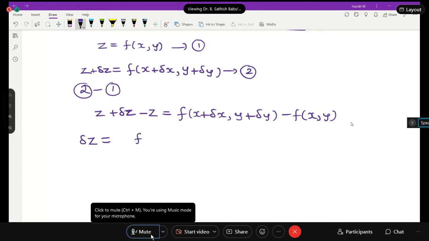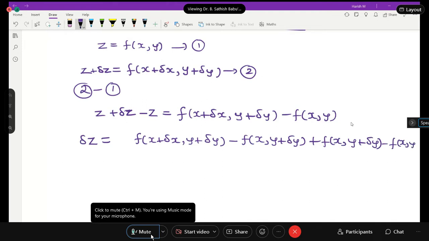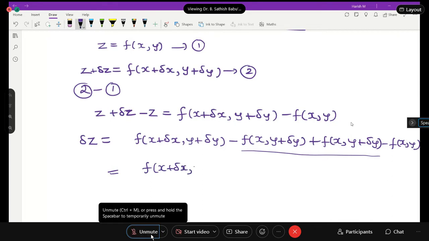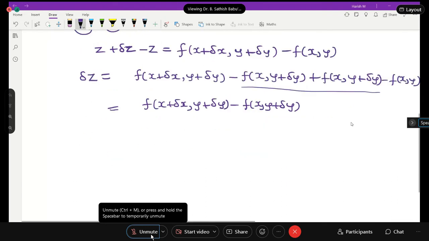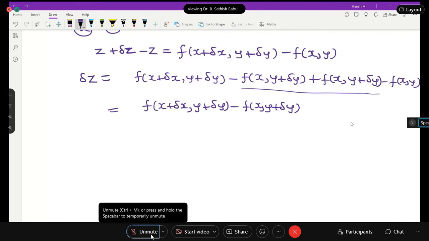Okay, good. So here I will take f of x plus delta x comma y plus delta y as it is. I will just change something here, like x comma y plus delta y. I'm just trying to manipulate here. I will add and subtract this term. The first and fourth term will be kept as it is, whereas these two terms are the same but with opposite sign, right? If I just cancel them, are you going to get back the previous expression? Yes, sir. Now, I will try to rearrange this: f of x plus delta x comma y plus delta y minus f of x comma y plus delta y. This is one term. And the next term, I will just write it here,